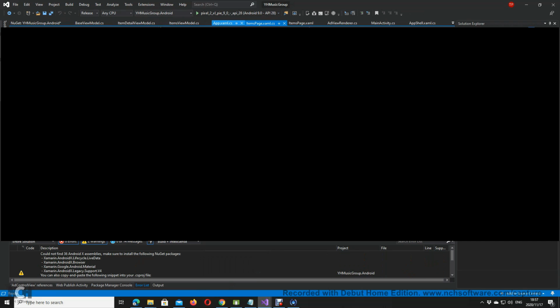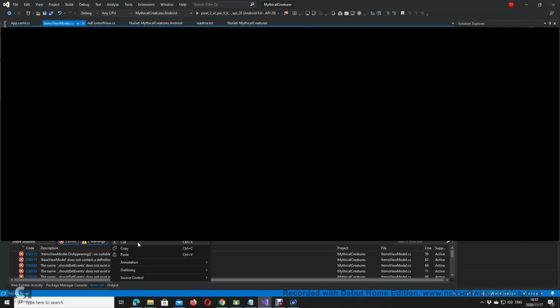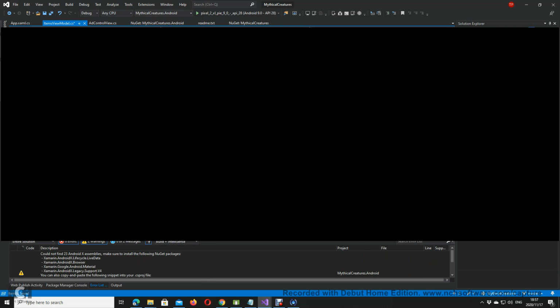It's a content page, and this is a base model view, and that's a content page. Items page, items view model. I see what I've done wrong. I've put it in the view model, which shouldn't be there. Technically, it should be behind the... That's my problem. So I'm going to remove that, and I'm going to put it behind,